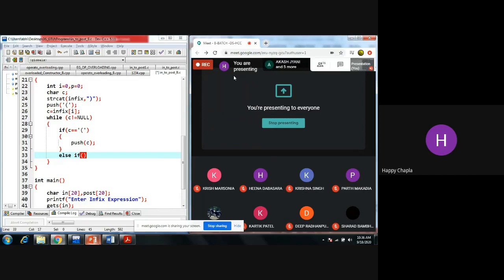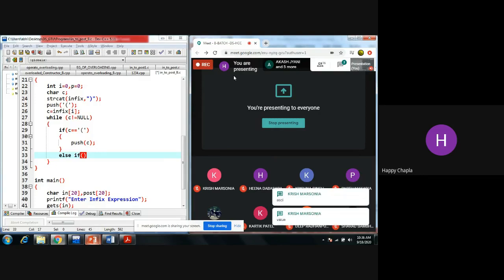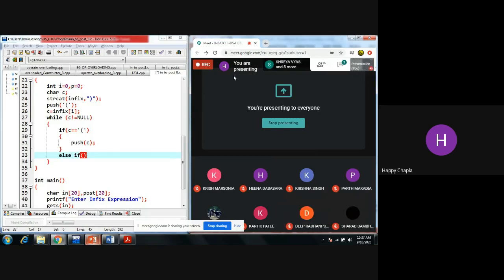Yes, we have an inbuilt function. Yes, we can do this using ASCII value, but we already have one inbuilt function with us.